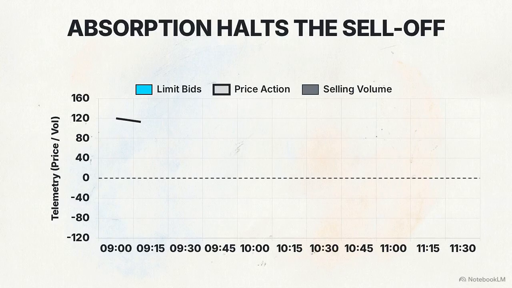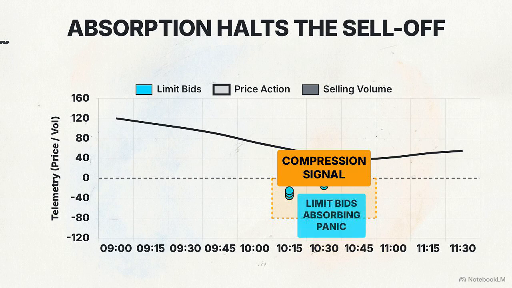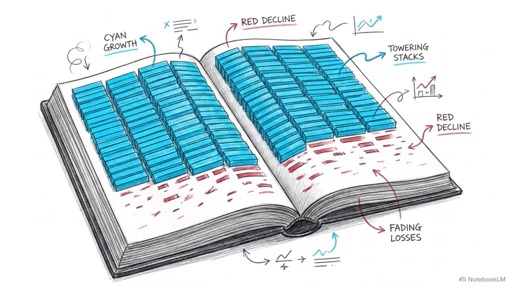As price prints a new structural low, the B-Wave histogram often shows negative bars rapidly shrinking back toward the zero line. This compression signal indicates that the aggressive selling seen on the price chart is being neutralized. During this compression, the histogram will often print high-density absorption blocks. These bright blue dots represent resting limit bids that are absorbing the volume of the panic selling event. Selling velocity effectively drops to zero as these institutional limit orders catch the incoming market sell-side pressure. The B-Wave histogram provides a quantitative record of absorption, showing where limit orders are overriding the momentum of market participants.